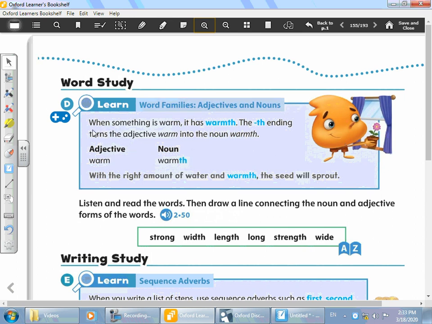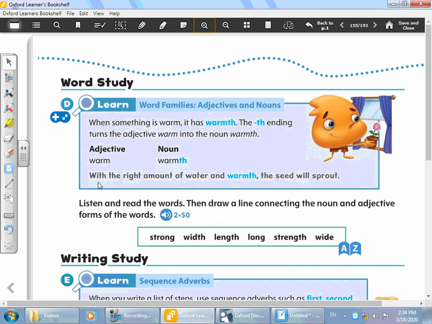So here, let's read. When something is warm, it has warmth. So here we change the word warm to warmth. The th ending turns the adjective warm into the noun. So we add th to the word. Like, for example, warm changes to warmth. Okay, so warm is the adjective and the noun ends with th. Warmth. Very good. Now, for here it says, with the right amount of water and warmth,